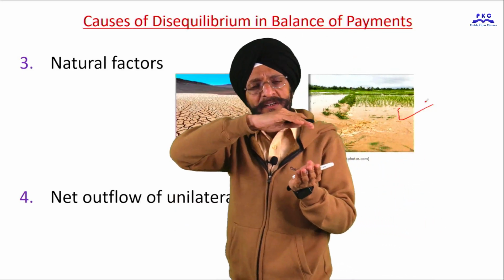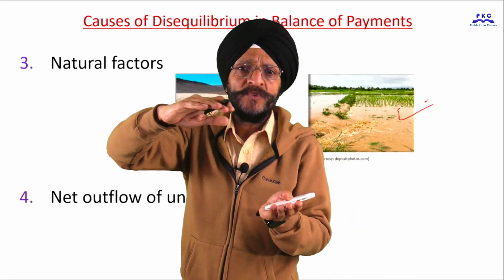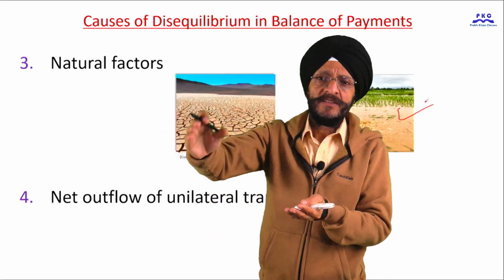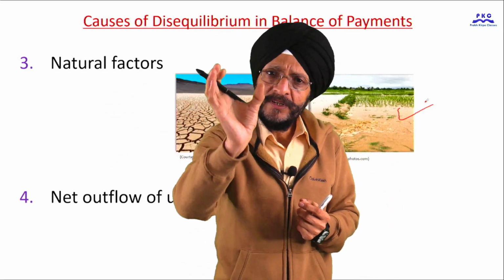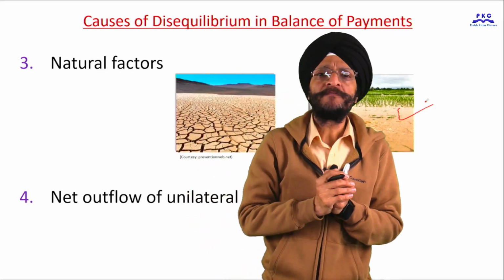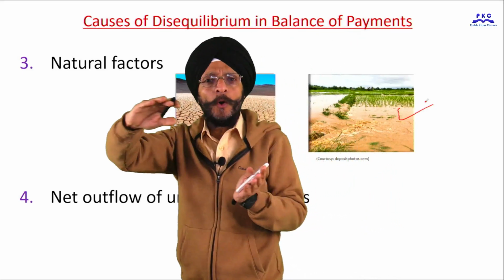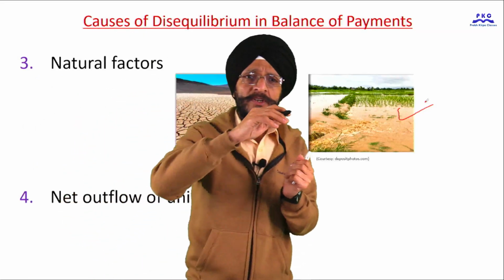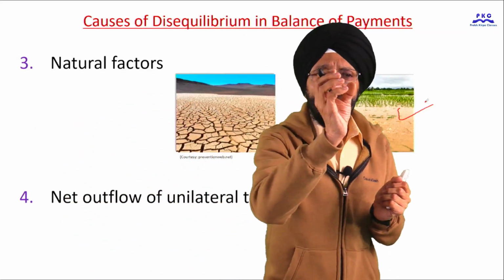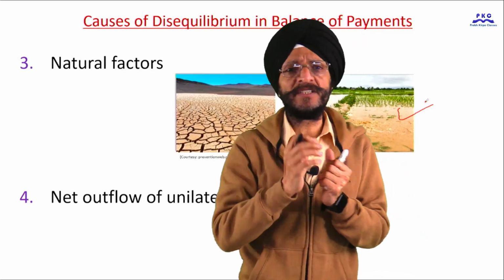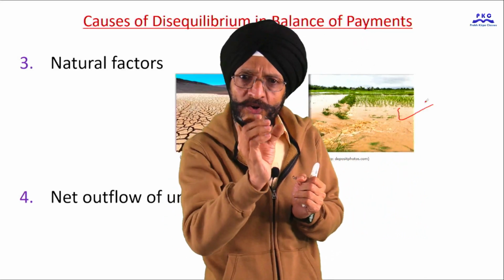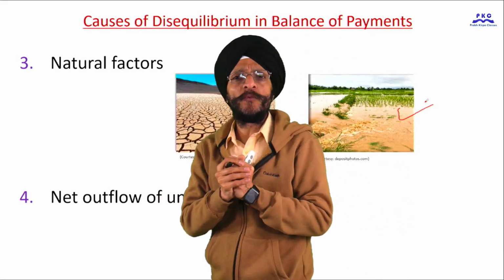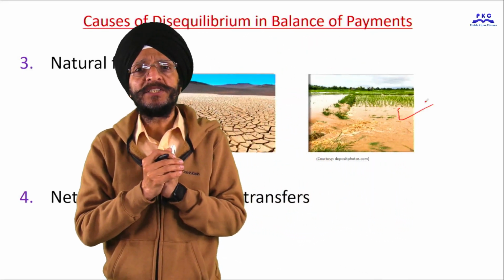If the water remains stagnant or the floods are there in the fields, the yield of the crop reduces, or the whole of the crop of rice may be destroyed. So due to these natural factors, natural disasters such as drought or floods, exports of the country may be severely